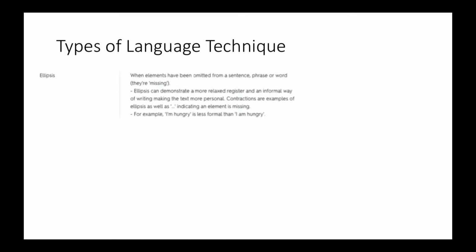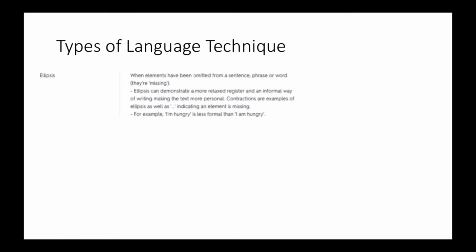Okay, ellipsis. So we're getting towards ones now that you probably haven't heard of or you might find difficult, but just bear with me and I will show you how easy it is to pick them out of the questions. So an ellipsis is when elements have been omitted from a sentence, phrase or word. So they are missing. It can demonstrate a more relaxed register or an informal way of talking or writing, and